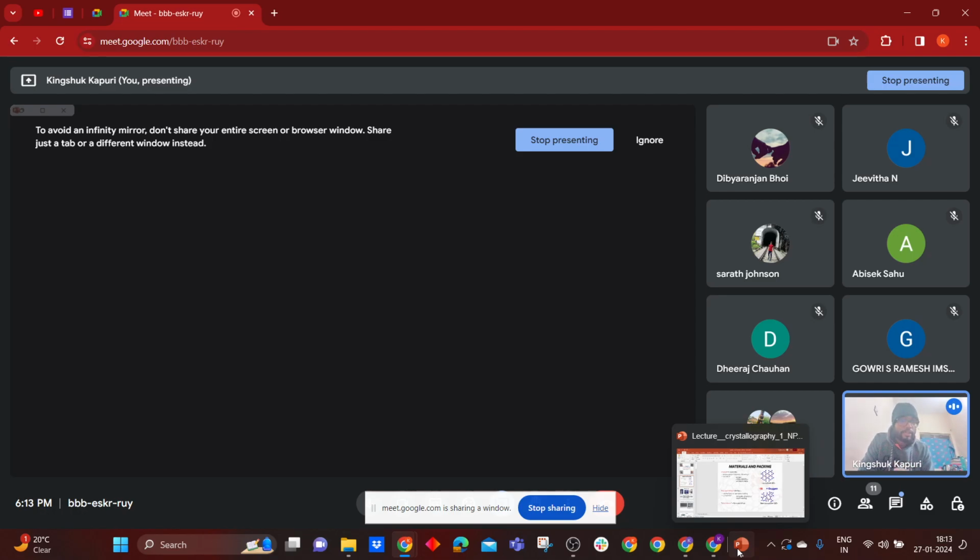So in geology or in earth sciences, we frequently use this term rapid cooling. For example, there are two types of textures or structures you guys I think know. One is the fine grained and one is the coarse grained texture, right? Generally, when the magma is coming out from the subsurface and when it hits the surface, it can come in two ways. One is it can ascend very fast and it can ascend very slow.